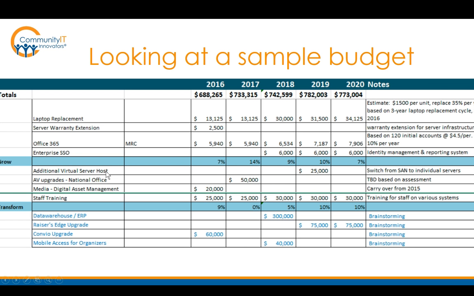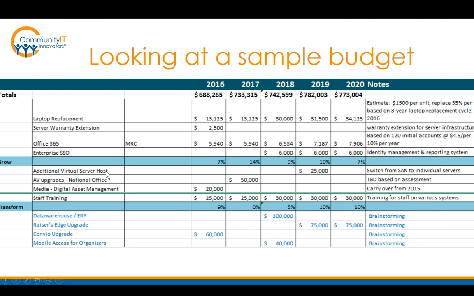In fact, this budget pulls out the percentages, which is one of the things that Danny Shimamoto does recommend that you do. So in this case, for 2016, 7% of the total budget for IT is in Grow and 9% is in Transform, and in 2017 it's 14% in Grow and 0 in Transform. So that means that we're looking at an organization that, on average, is between 15 and 20% of its budget is headed towards Grow and